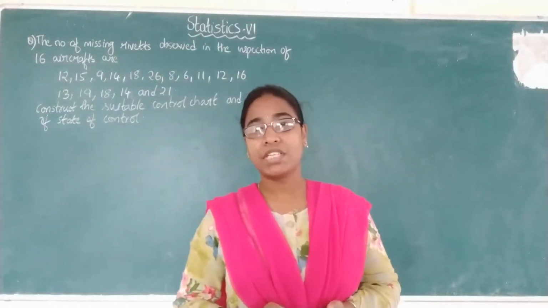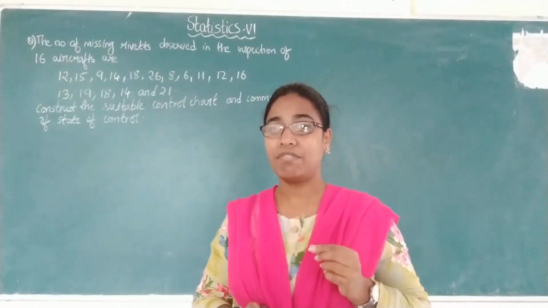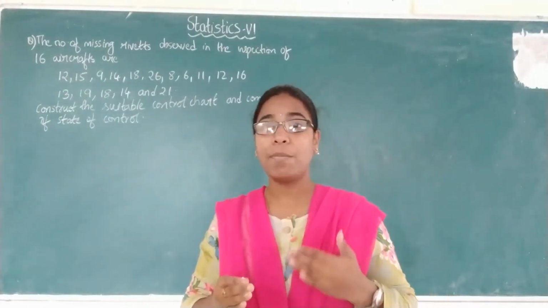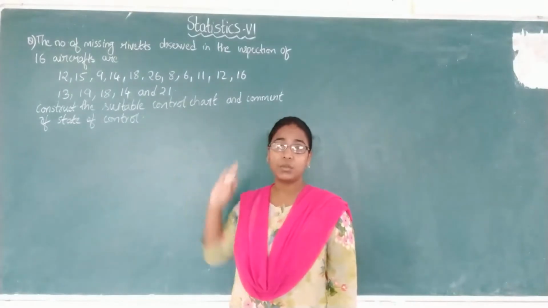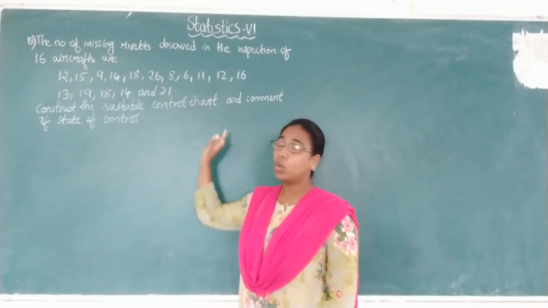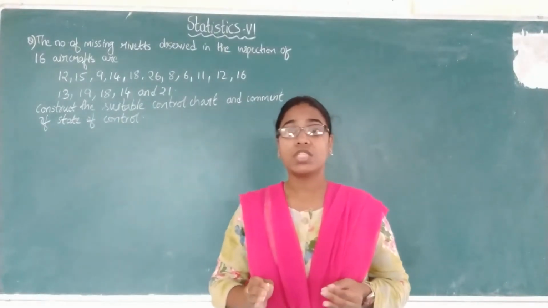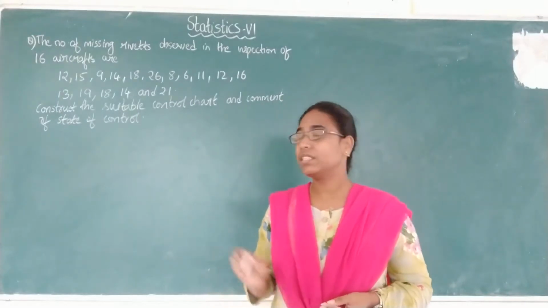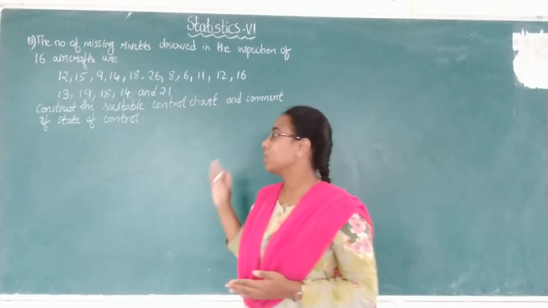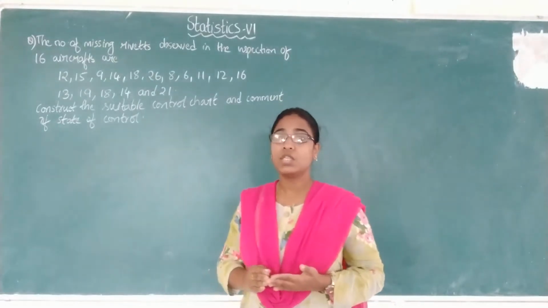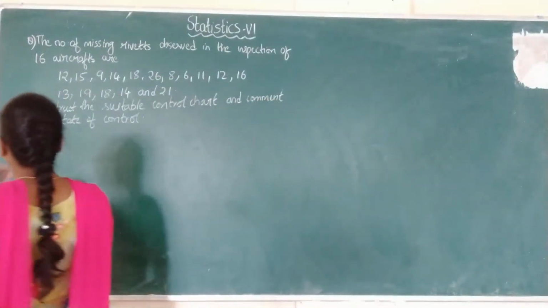Always, the missing rivets, that is the missing values, the errors or the defects, follow a Poisson distribution. So the missing rivets is an application of C chart, right? So we have to construct a C chart for the given problem. If you observe, only the missing rivets are given, that is, the number of defects. So Ci values are only given, and they have not mentioned different sample sizes. So here it is a fixed sample size case, so we will be constructing the C chart for our given problem. So coming to the solution,